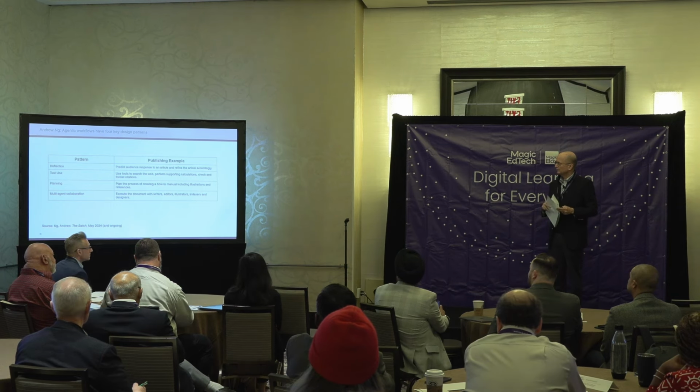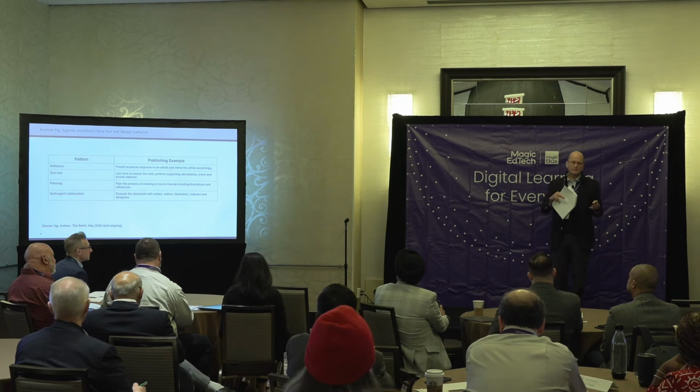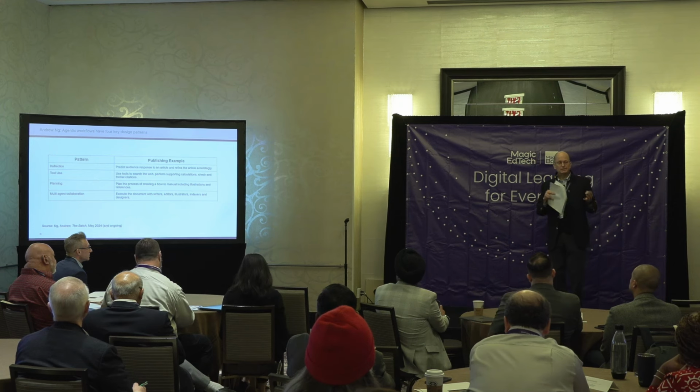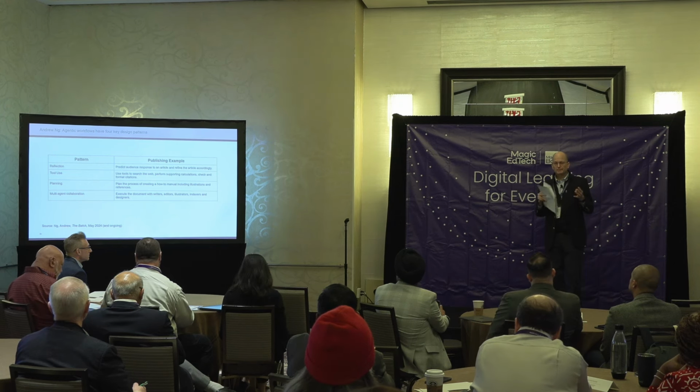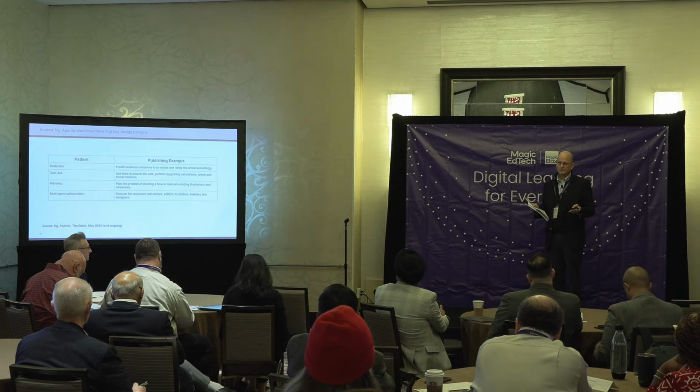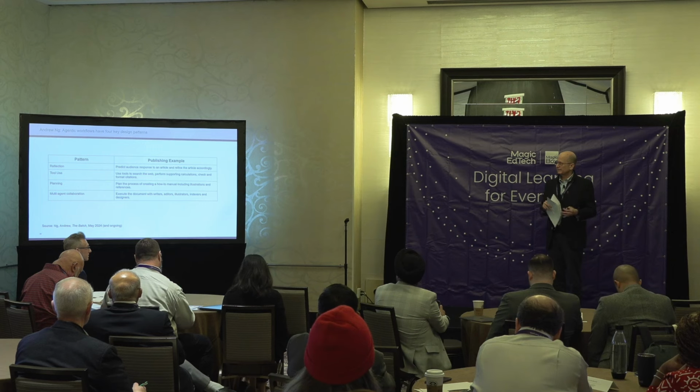The first is reflection, where the AI thinks about what it's done and judges whether it's good enough or not, modifies it, and then gives you the result. So this might be predicting audience response to an article and then revising it.